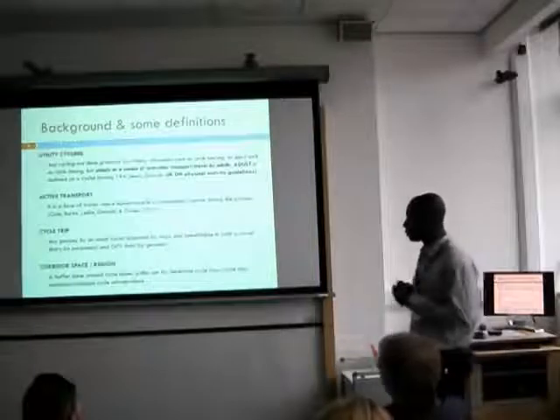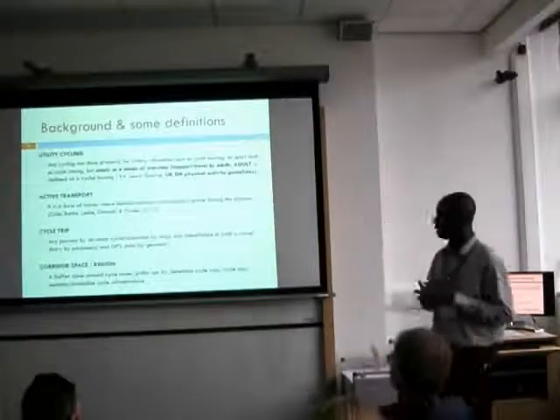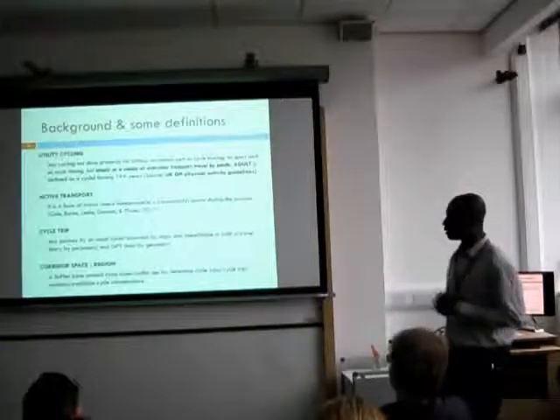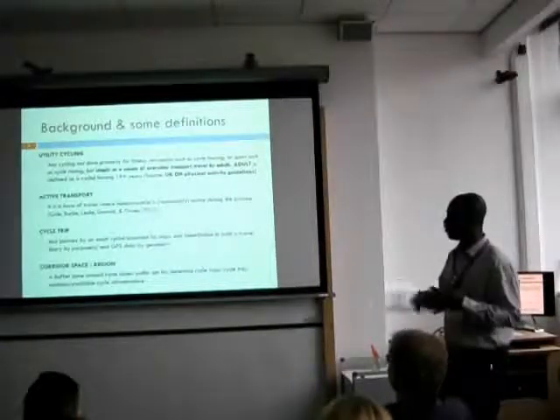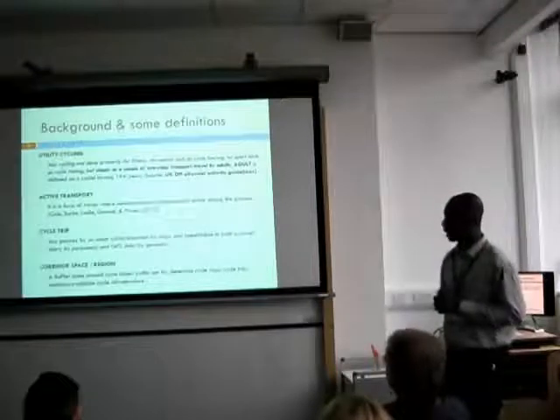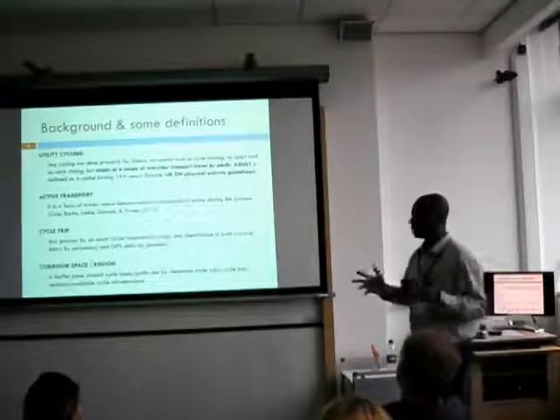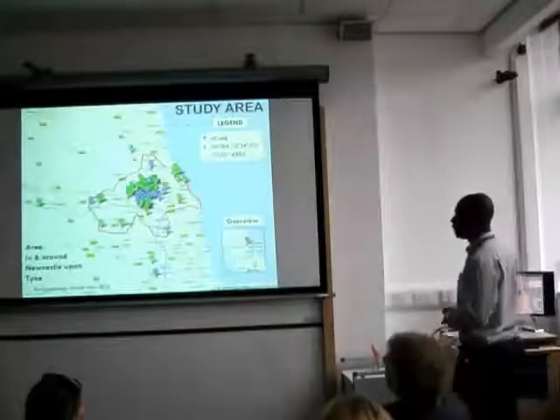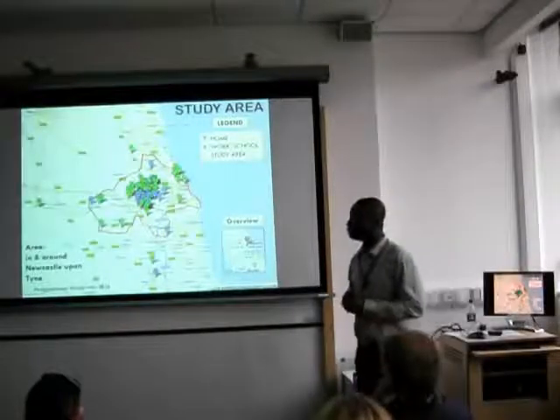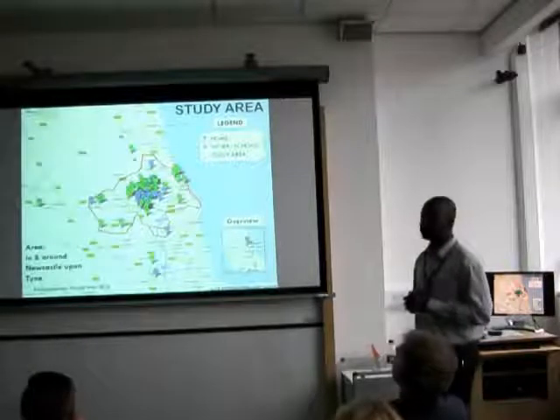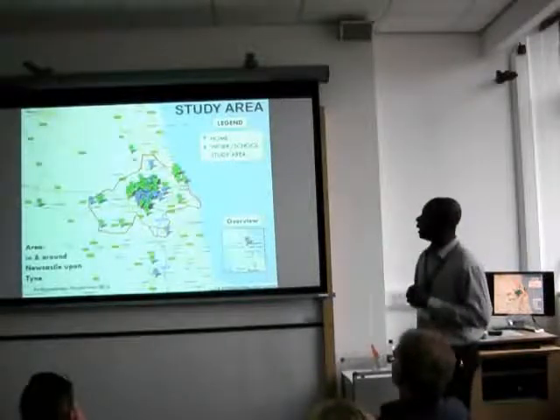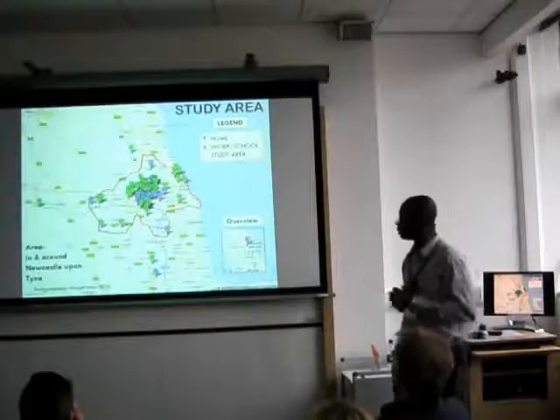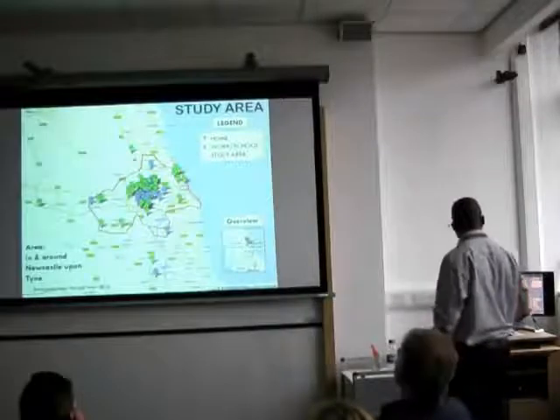And so this idea of corridor space or region is also basically a buffer zone around cycle lanes or paths, or say just how you might cycle infrastructure. And I'm using this idea to detect cycle trips or cycle trip sections, and also available cycle infrastructure. And this study area is actually in the northeastern part of England, precisely Newcastle. And the dots you see here are just home, work, and school locations of some of the participants.